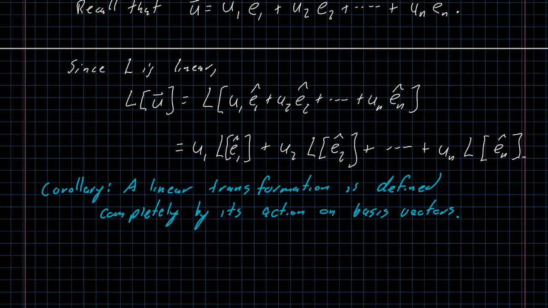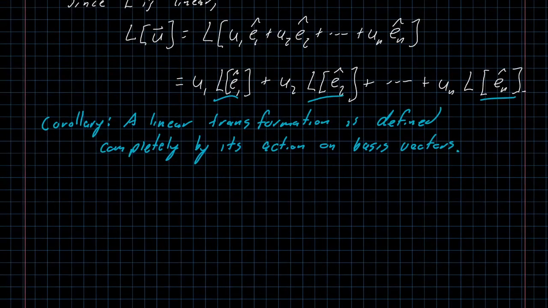The only thing we need to know about a linear transformation is what happens to the basis vectors. What happens to e1 and e2 and all the way down through to en. If we know what happens to each of those things, the transformation on any other vector is just a linear combination of those. That's actually going to be the most important result out of all of this, followed very closely by, to create